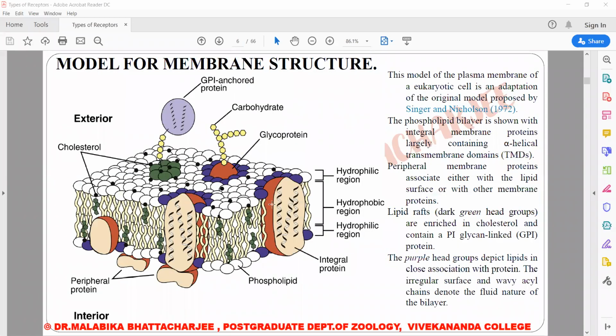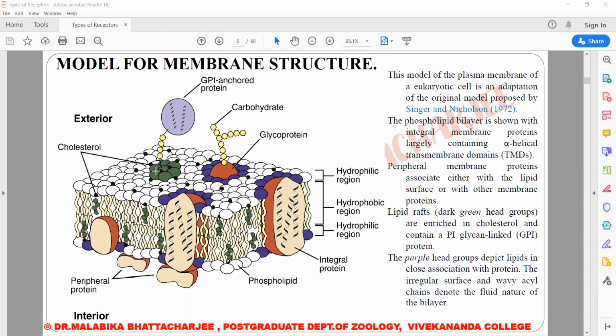This is a bit more complex view of the plasma membrane, where they have shown that the plasma membrane chemically can be divided into three distinct regions, a hydrophilic region. The polar part of the lipid is hydrophilic, so it can interact with water. The interior part of the membrane, which is made up of the tails of the lipid, is completely hydrophobic in nature. And again, the polar heads are hydrophilic. Now let's look at the colors. You can see the transmembrane integral proteins. These are the peripheral proteins. And then there are these cholesterol molecules. They have been shown in black.